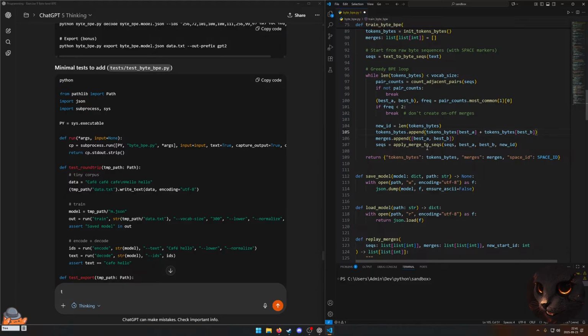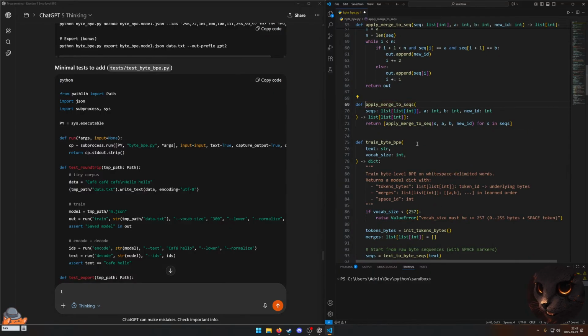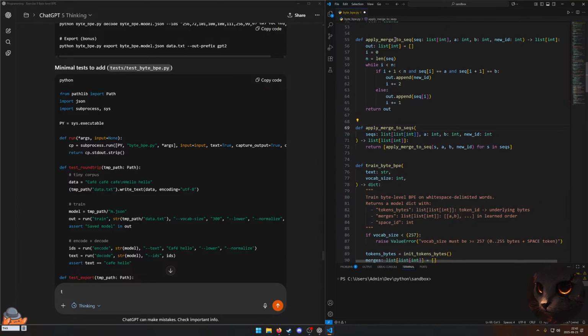So say apply merge to sequences, and we pass along the sequences, the first pair character and the second pair character, and the new ID, which is the current length, or should I say the next item in the tokens bytes that we want to assign. And this goes through all the sequences,